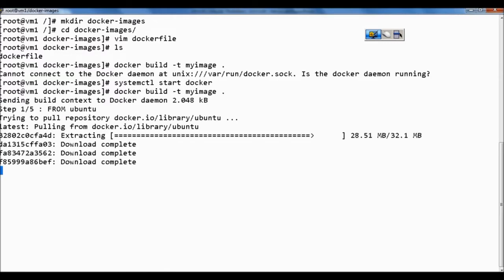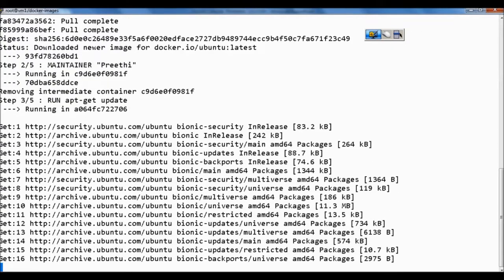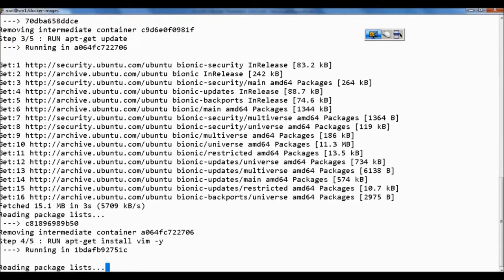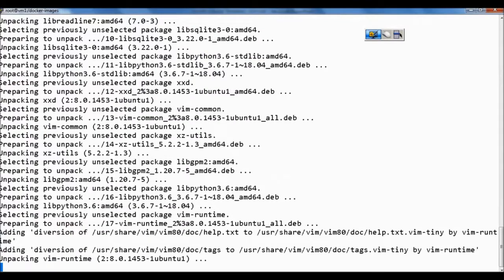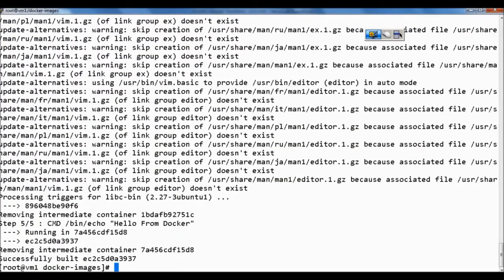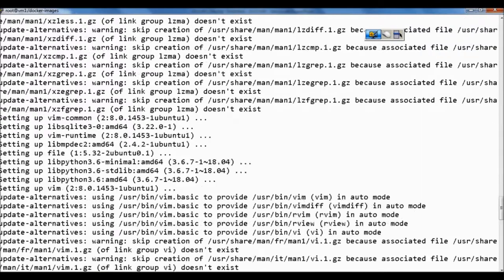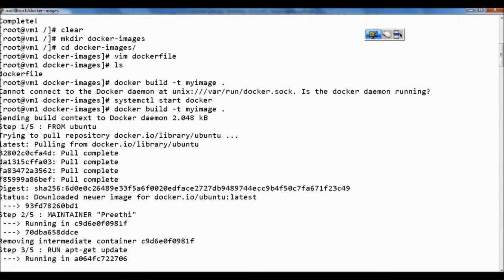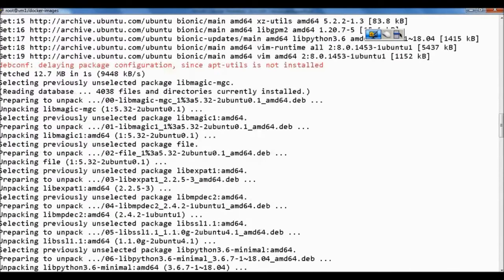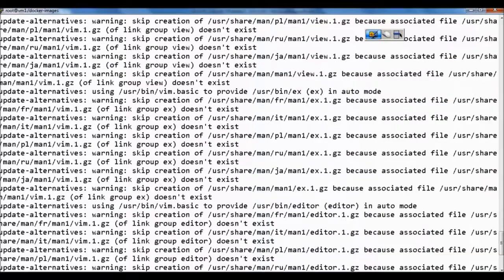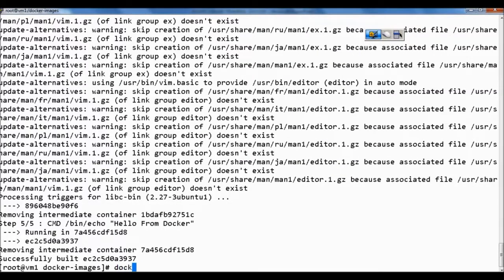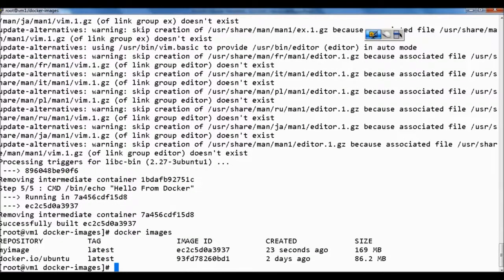Here we can see that every Docker instruction we wrote in the Docker file is getting executed. See here 3 of 5, 4 of 5 and so on. In our Docker file, we have written 5 instructions, and hence all the 5 steps were executed one by one. Here we can see step 1 of 5, 2 of 5 and so on. In total, all those were executed, and finally we have our Docker image. Now to see our image, just run docker images. This is our image. This is the base image which we have used from Docker Hub, and this is